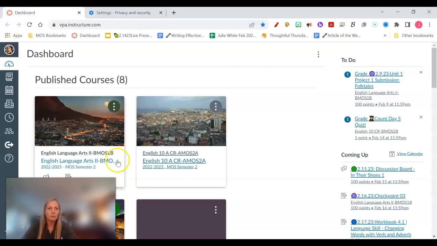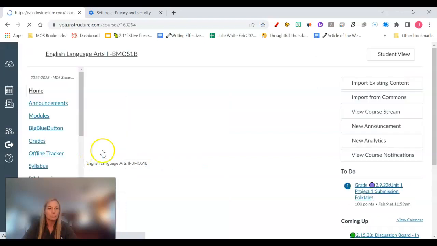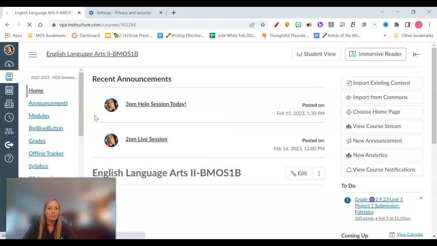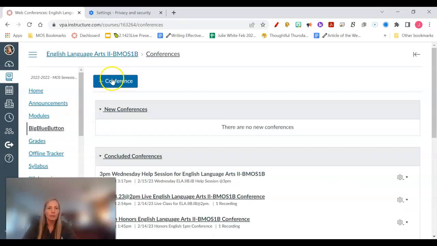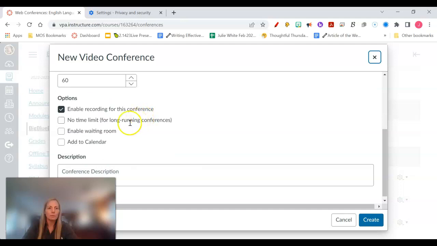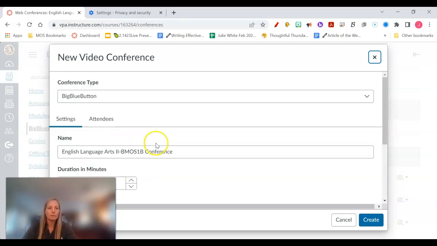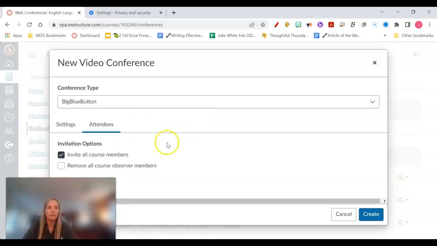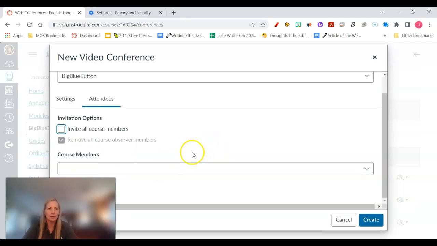And now I'm going to go to my course. Big Blue Button. Set up a new conference. And so I will go to attendees, and I'll click on remove all course observers, and then I will uncheck the invite all course members, and then